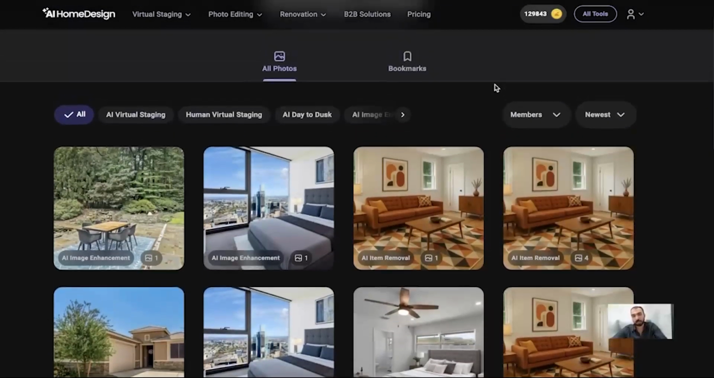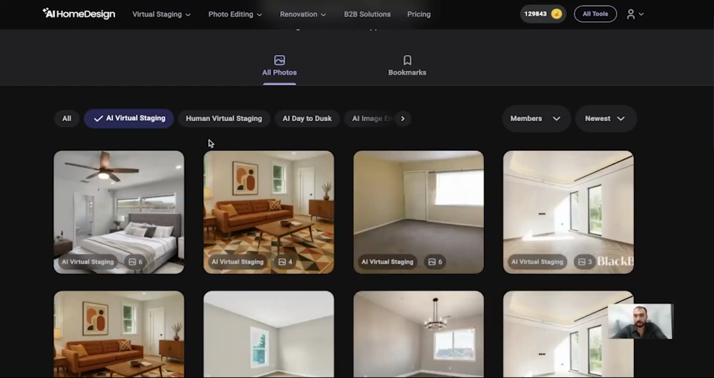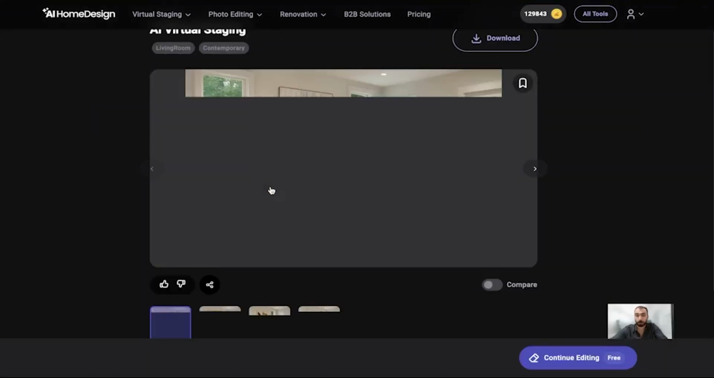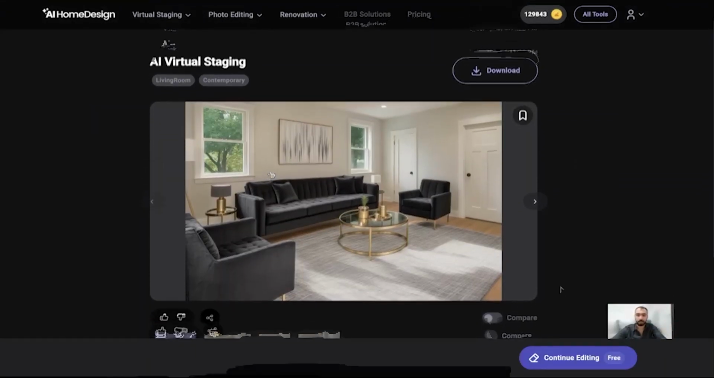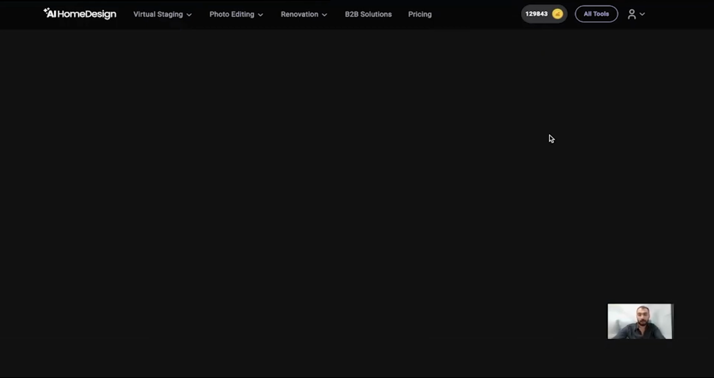Again, as you can see, you have the option to filter down these pictures. For example, I just want to see my AI virtual staging outputs. I can see all of those. You might recall this one. Let me click on this to showcase how you can keep editing on a photo way after you have generated it. By clicking on this button over here, which says continue editing for free,